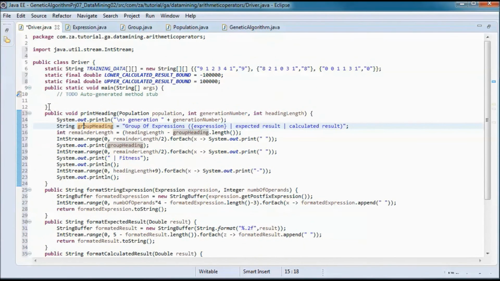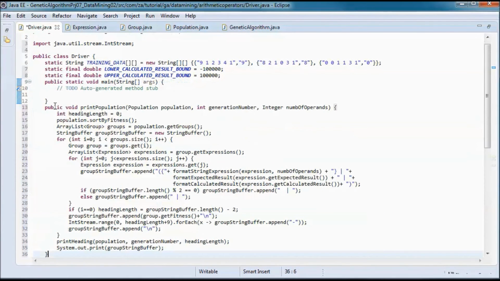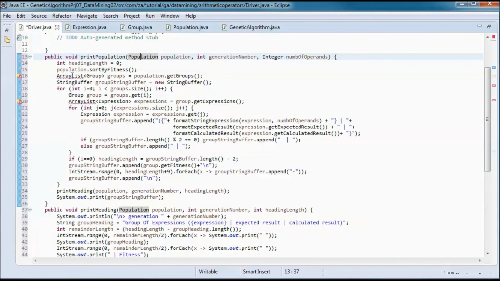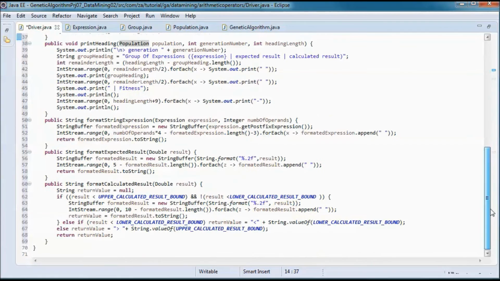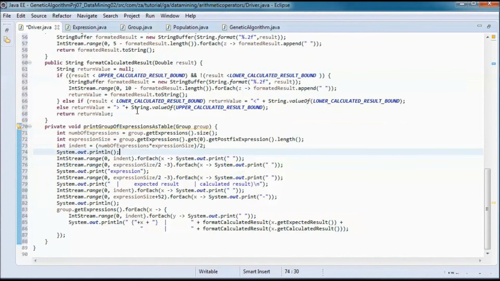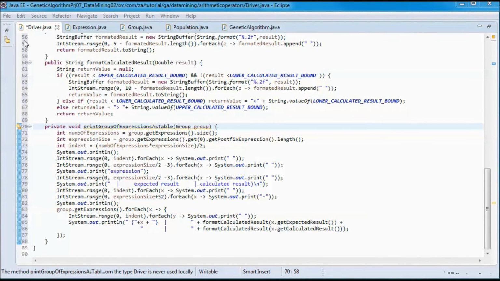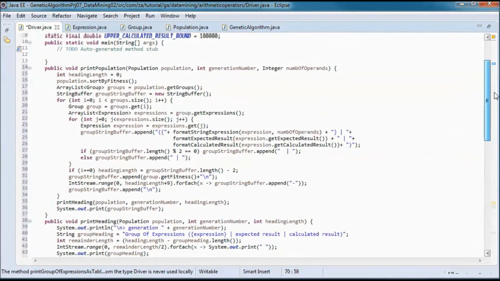And another print method, print population, and this will print the population below the heading per generation. And we will have a print group of expressions as a table, and now going to main.